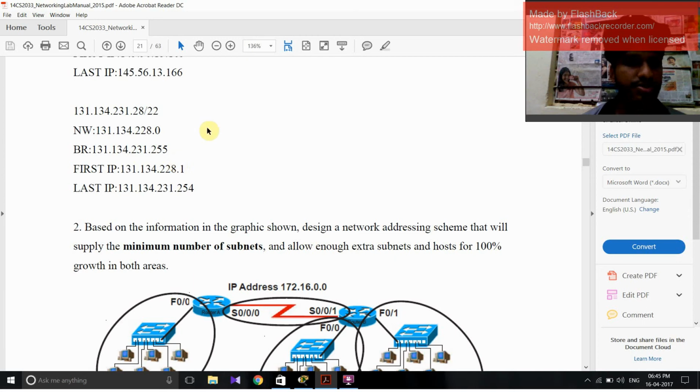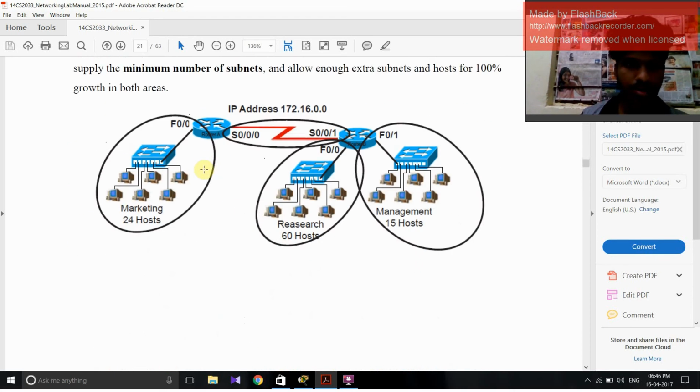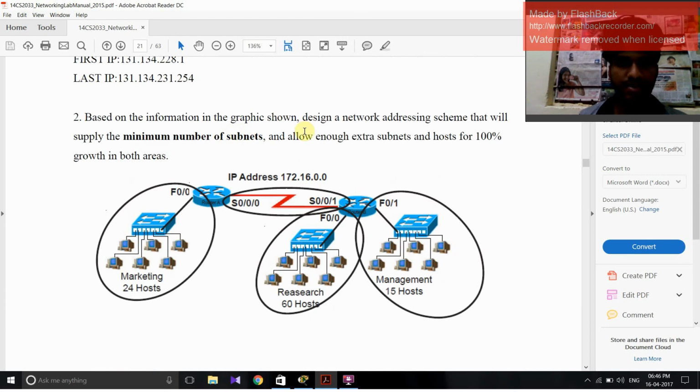addresses, which has 0 to 254, because actually there are 256, but I can show only 254 host addresses, because the first and last IP addresses are used for the network and the broadcast address. And I'm going for the next problem, which is based on the information of a graphic system and design